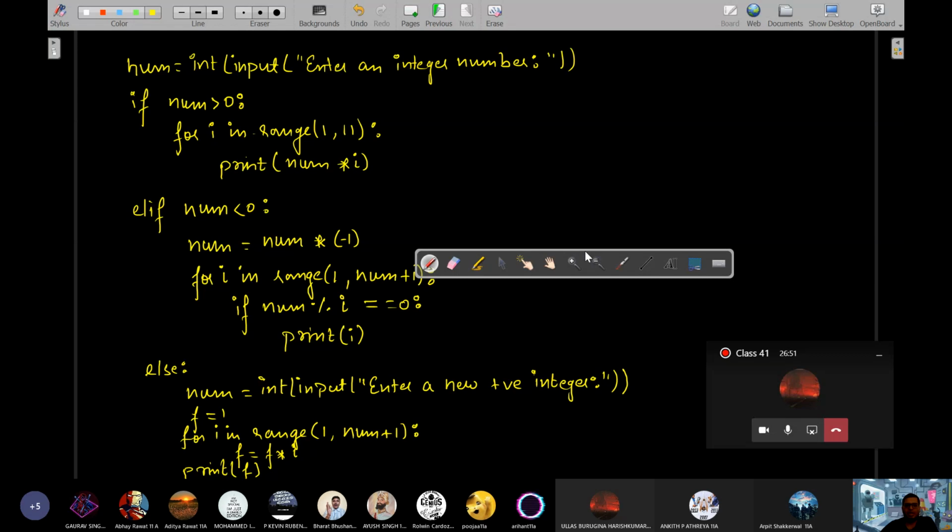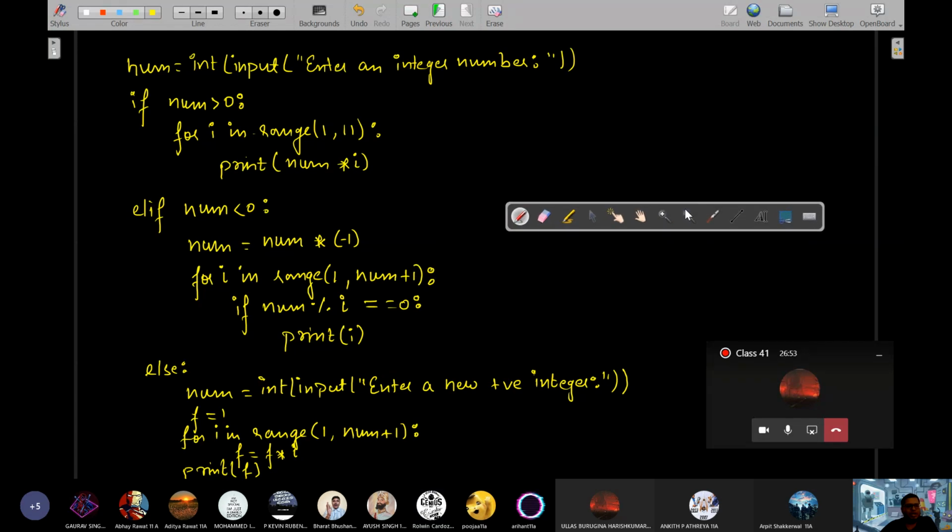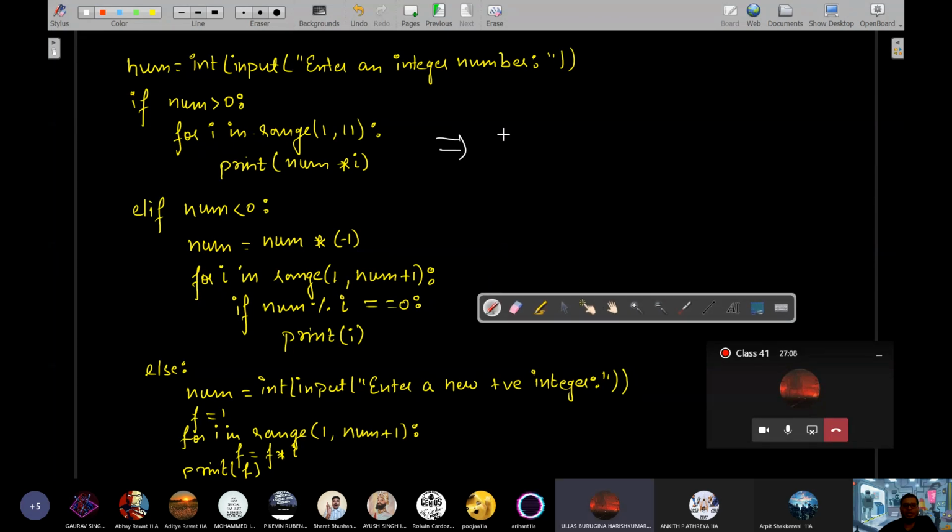Okay? So see, this program is not tough. What you have done is, you have mixed 4 programs in one single program. There were 4 programs which are mixed together. What are those 4 programs? Can you tell? Table program. First is outermost structure. Outermost structure is one program. That is the positive, negative and zero program.